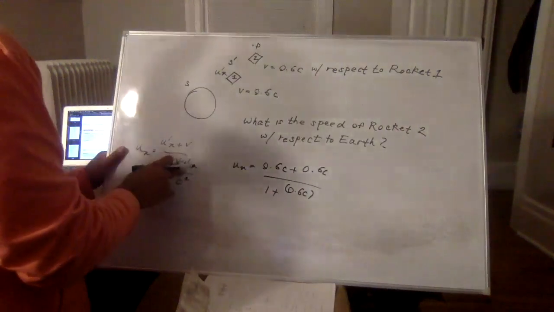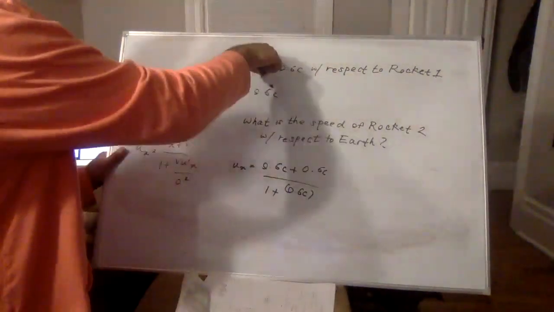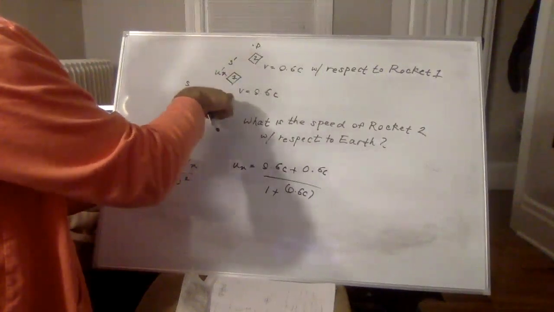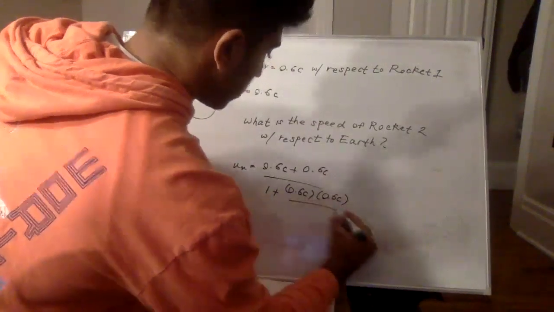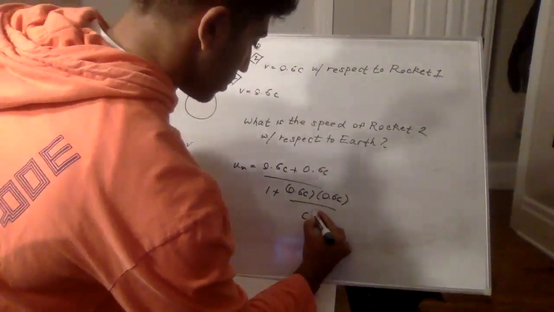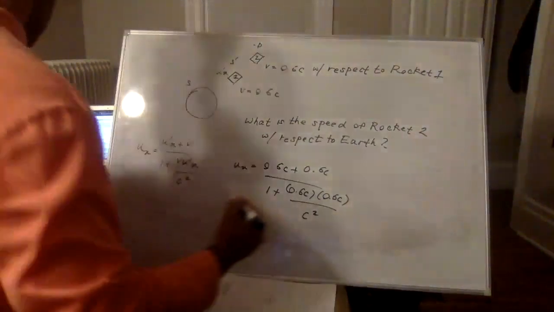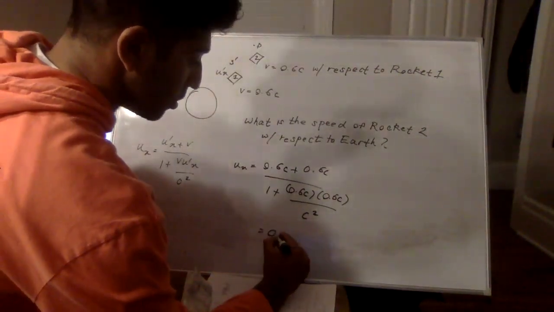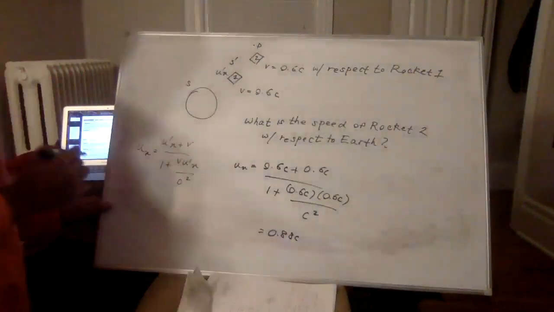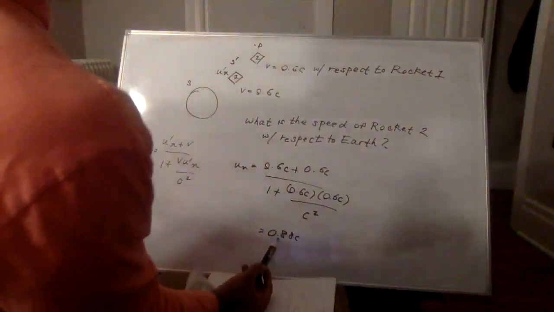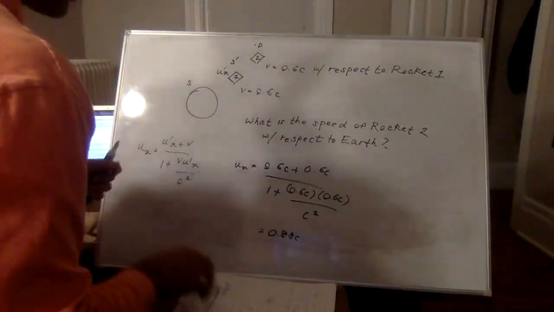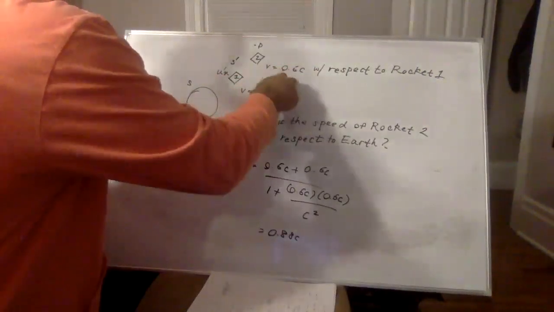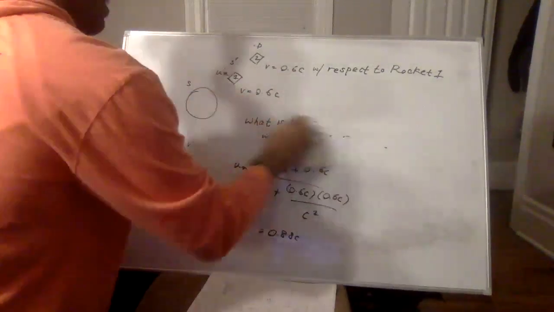U prime of x is how fast our point P is moving with reference to our moving reference frame, so 0.6c again, all over c squared. And if you solve that out, you get 0.88c. Notice how this is different, because we have objects moving very, very fast, compared to what you would expect. So pretend instead of 0.6c, 0.6c, let's say I had,